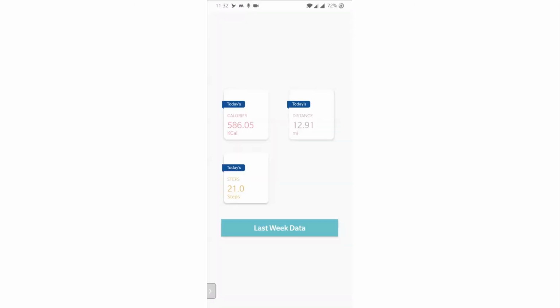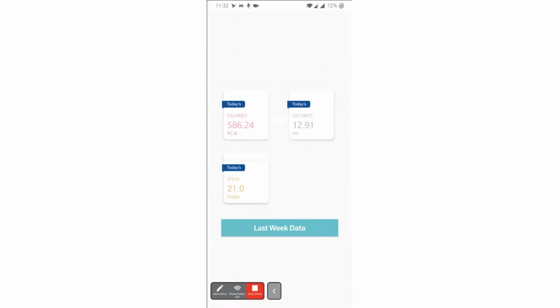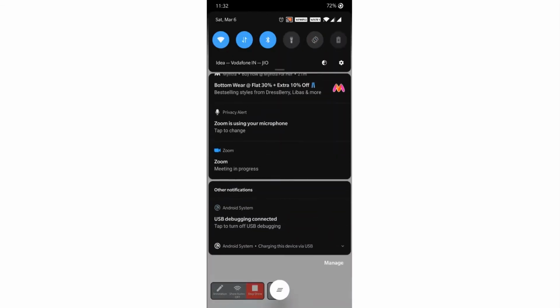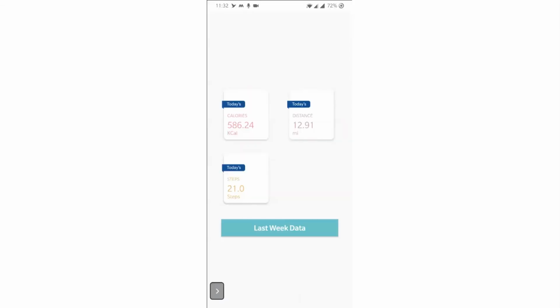Yes, so here is today's data I have fetched and updated on UI. Now I want to count actual real-time data.